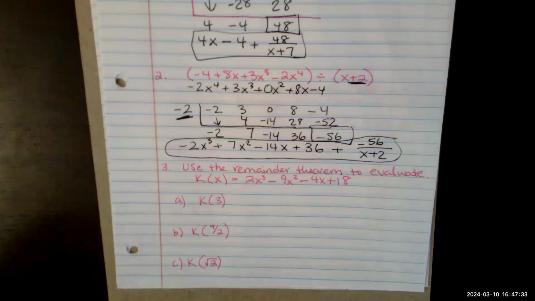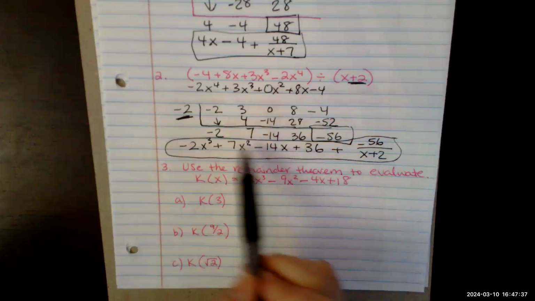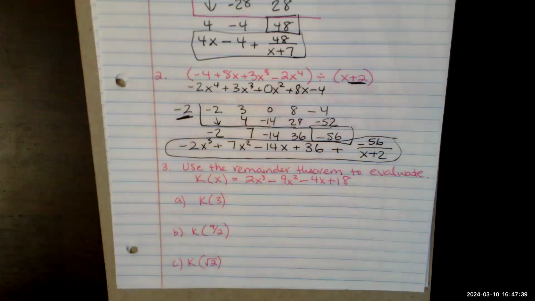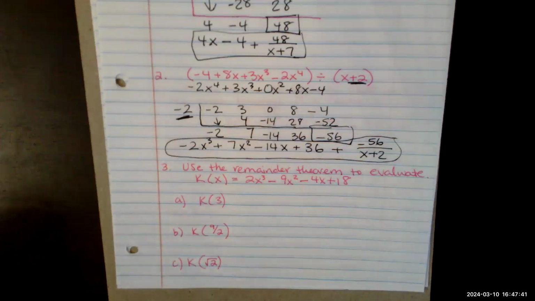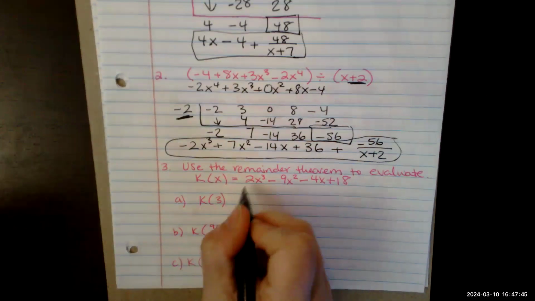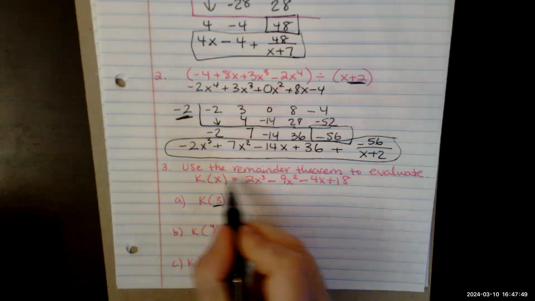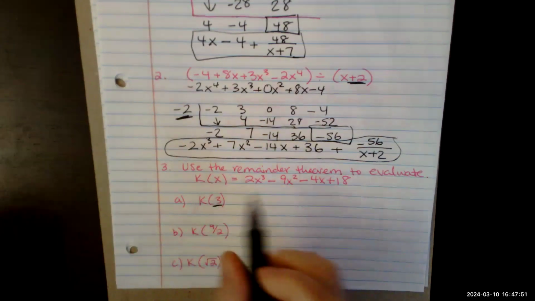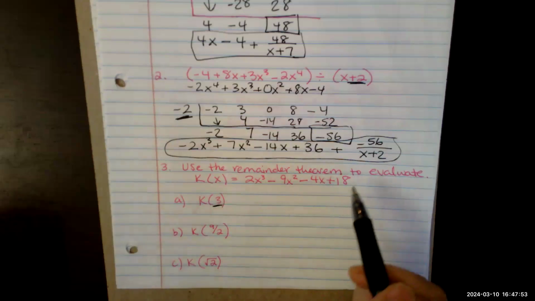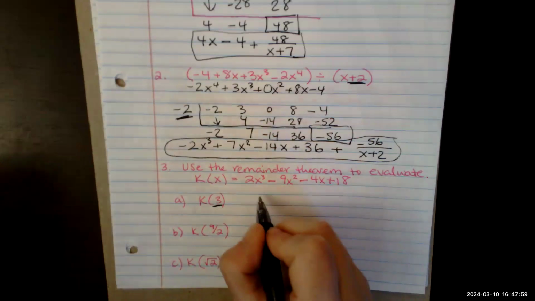All right, another way to use synthetic division, instead of to find your quotient, which is what you find when you divide something, is there's something called the remainder theorem that says that if you're trying to find a value of a function at a certain number, so if this is k of x and I want to find k of 3, we all know we could just plug in the 3, right? But sometimes that takes a little while and sometimes it's tricky. So the remainder theorem says,